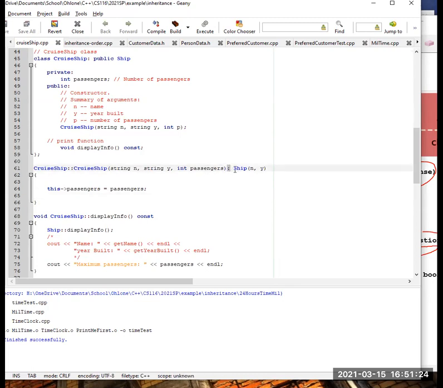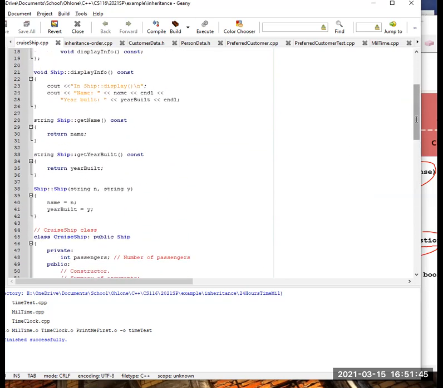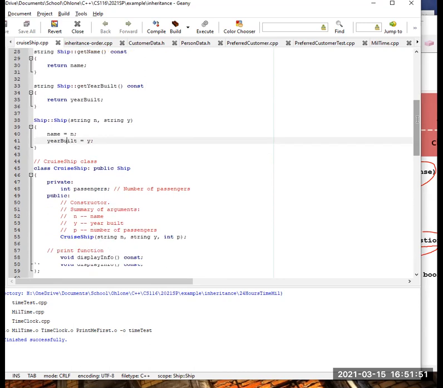You use a single colon, then you say ship, and you pass the parameters from here. So string n is the name, year, y is the year, right? So after you call this, the first thing it does is call this ship constructor here. So you will go to this one, set the name to name, year built to y, right? Once you've done that part,